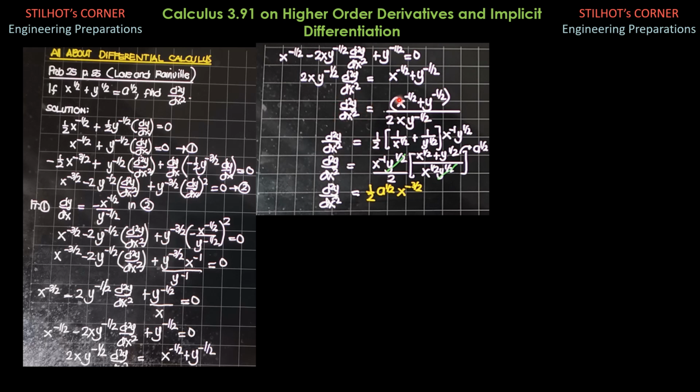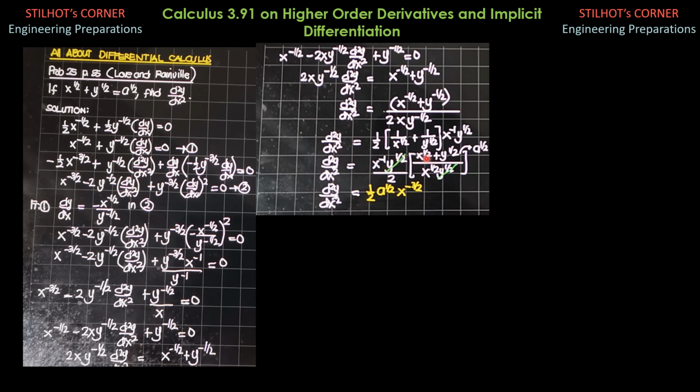Then we have 1/2. We put this as 1 over x to the 1/2 plus 1 over y to the 1/2. Then quantity, put this in the numerator, so we have x to the negative 1/2, then y to the positive 1/2. Simplifying, so we have x to the negative 1, y to the 1/2 over 2, which is just copied here. Then by algebra, this is x to the 1/2 plus y to the 1/2 over x to the 1/2, y to the 1/2. And we cancel out y to the 1/2.